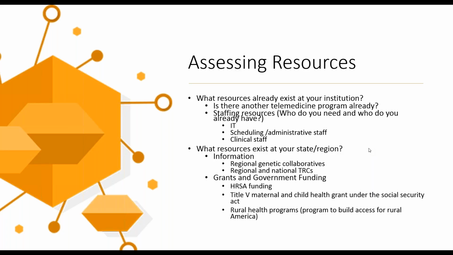What are some of the staffing resources you already have, in addition to just yourself? Is there a geneticist? Is there a dietitian? Do you need IT people? Do you need administrative people? If they're already doing the things that they're already doing, can they also take on these additional responsibilities? And also to think about resources that you have on the regional, state, and national level. There's a lot of information out there. There are regional genetic collaboratives. There are also regional and national